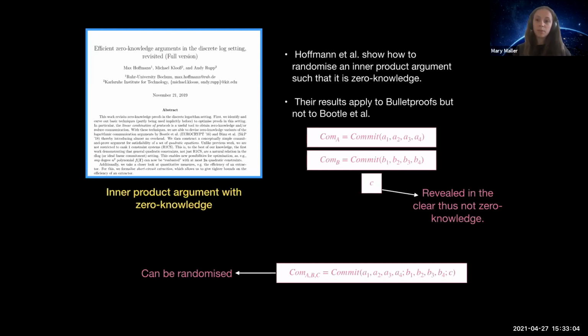The results of this, by the way, do not apply to all inner product arguments. In particular, you couldn't use the results on the Bootle et al. proof, because in this situation, they're revealing one of their evaluations in the clear. So just by revealing that evaluation in the clear, already you have revealed some information. So if you want to then use the result in the zero knowledge argument, you have to add randomness elsewhere. But in the case of the Bünz et al. one, you can add the randomness straight from the get-go. Their argument